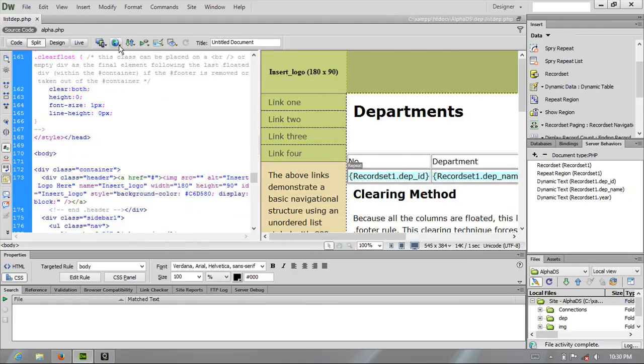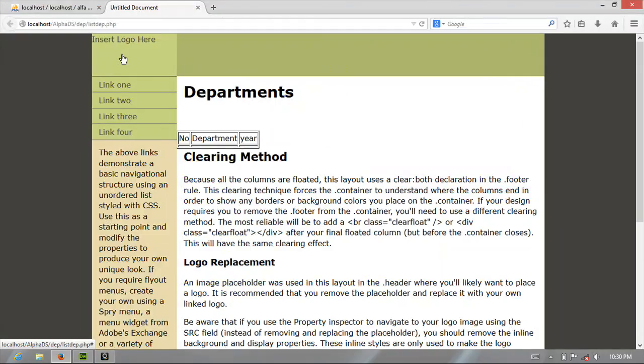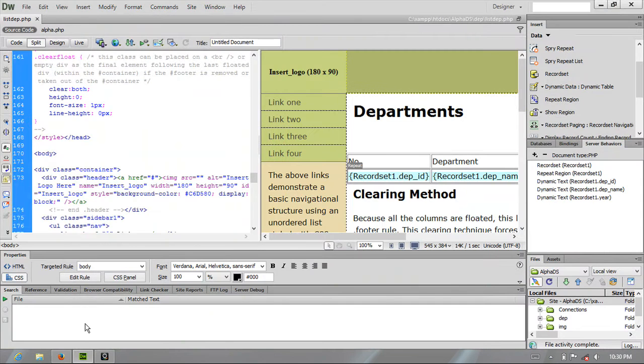Let us see what it looks like in preview in browser. So it looks like this one. It does not have any record. Now let me add some record. Okay, that makes us add a record. Now